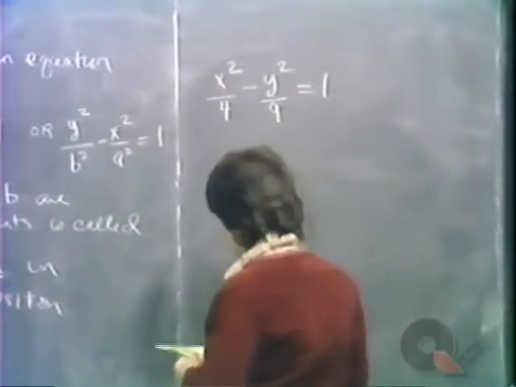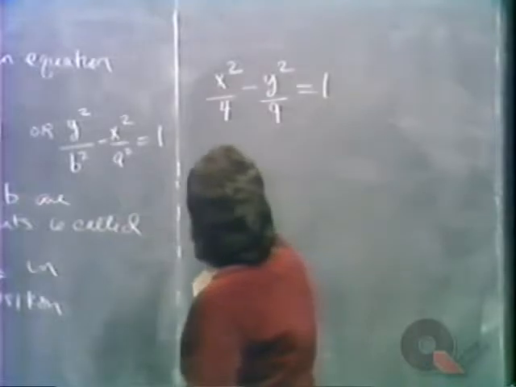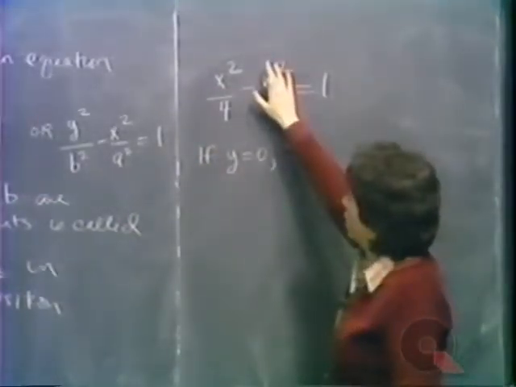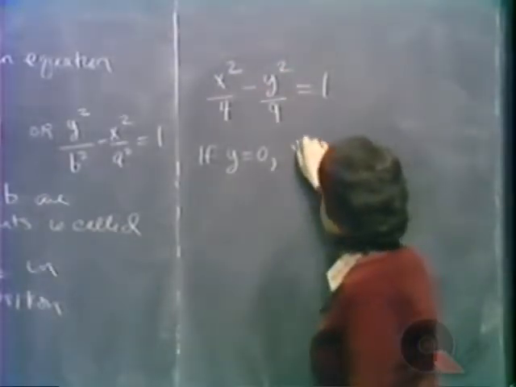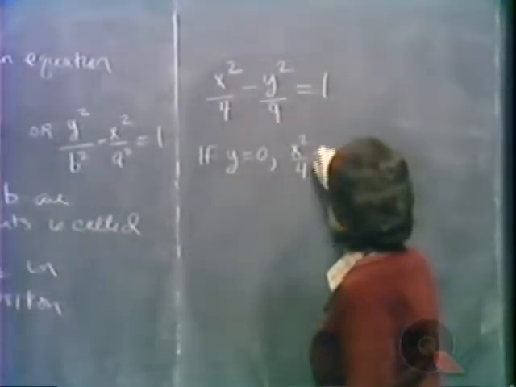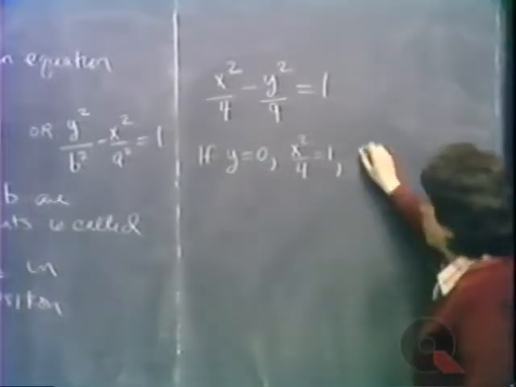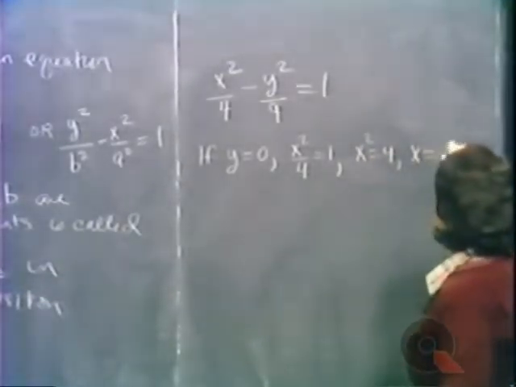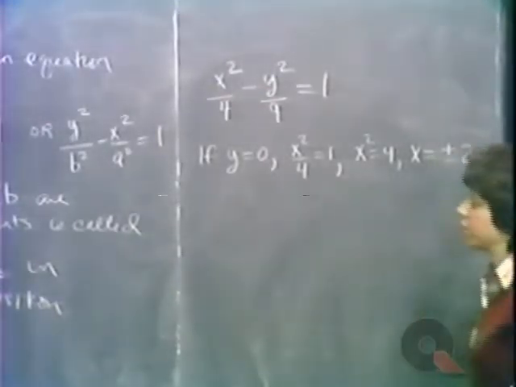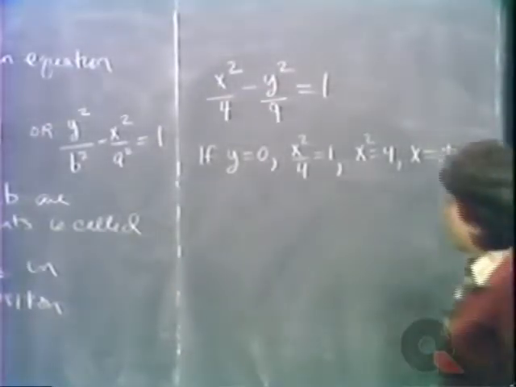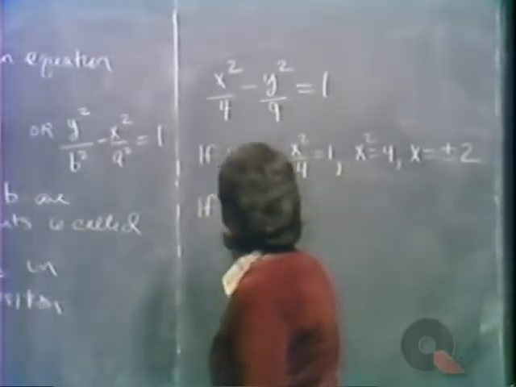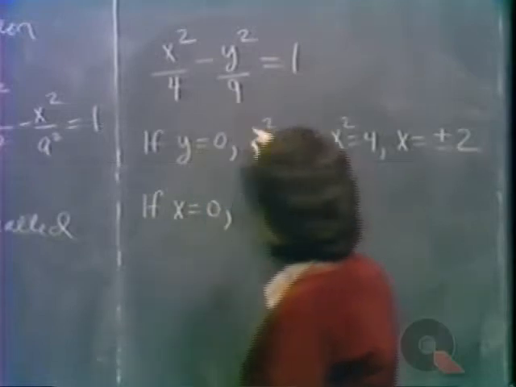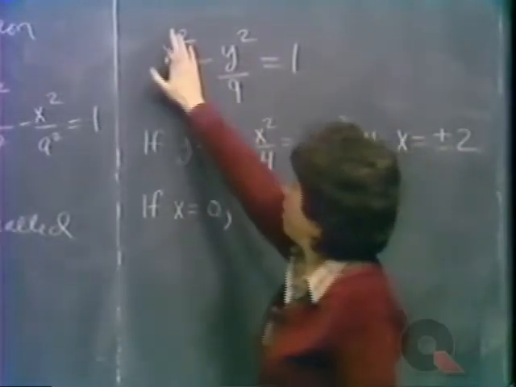Let's try to get the intercepts for this curve. If y equals 0, we get x squared over 4 equals 1. Multiplying both sides by 4, x squared equals 4. x is equal to plus or minus 2. Two x-intercepts. If, however, we set x equal to 0 and try to solve for y,